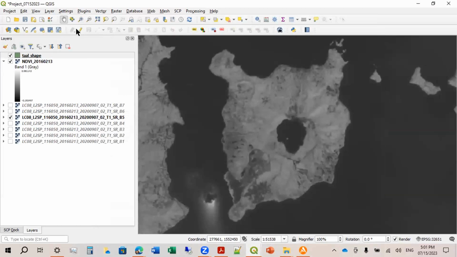Okay. Next, you click this one. This is a toggle editing. So that means you're going to edit. You're going to start defining your shape. So click this, and you will notice that some of these items will be enabled. So right now it's disabled. Okay, so click this. Then you will notice there is an icon here that was enabled. This is add polygon feature. Okay, so click this, and then your cursor will change to a target.